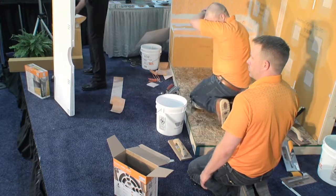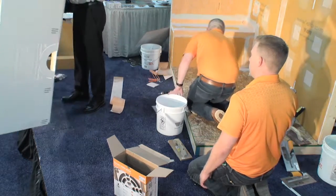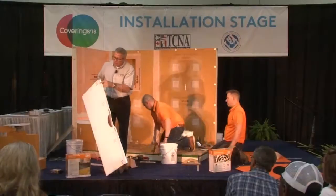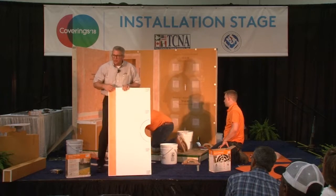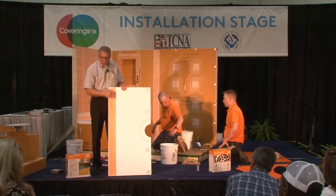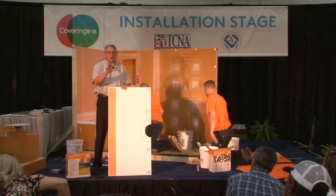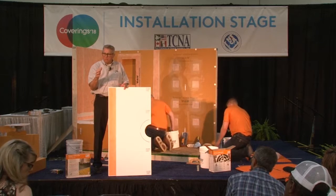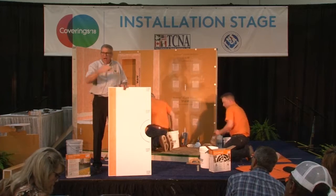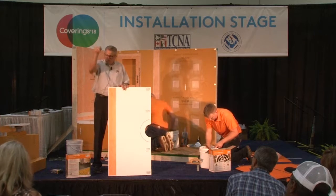All right, so this tray's been cut down a little bit. It was even sizes. It hinges, of course, with some tape on the back for reinforcing, and of course, the Kerdi on it already. And you can see how much Aaron has cut off right here. He just scored it with a knife, snapped the rest off. You can do that with all our trays, right? All of our trays have the ability, if you need to cut them down, you just measure from the center of the hole where your drain's going to be, out to your walls, score, snap off